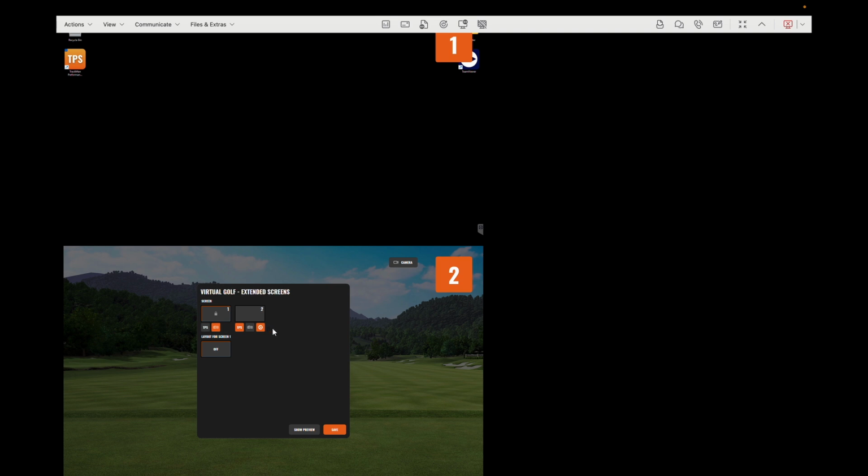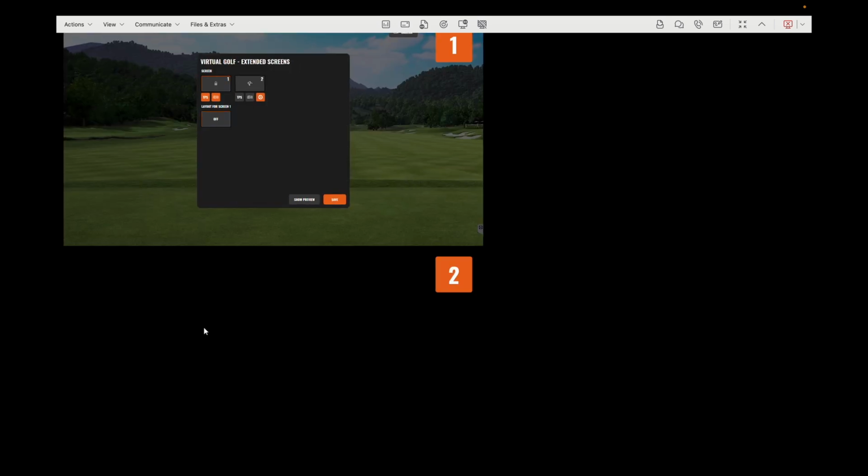So the way we fix this is we want to make sure TPS is selected on screen 1 and the projector is selected on screen 1. So once we do that, it's gonna fix the issue. The other thing people call in about is screen 2 not showing anything. If they ever need to change anything on screen 2,